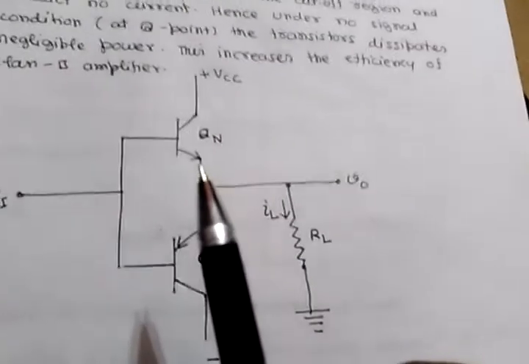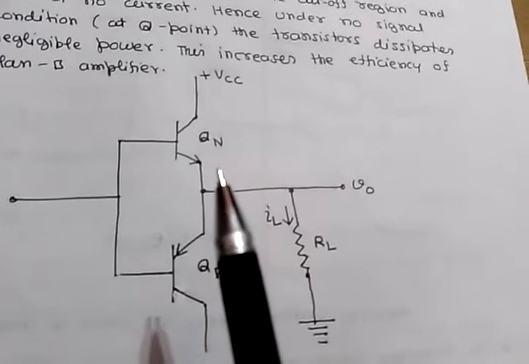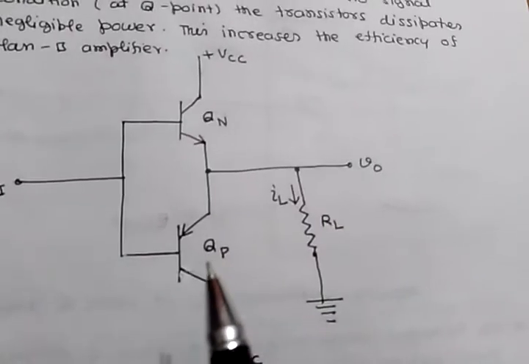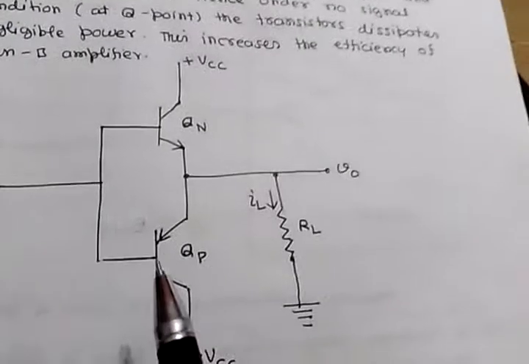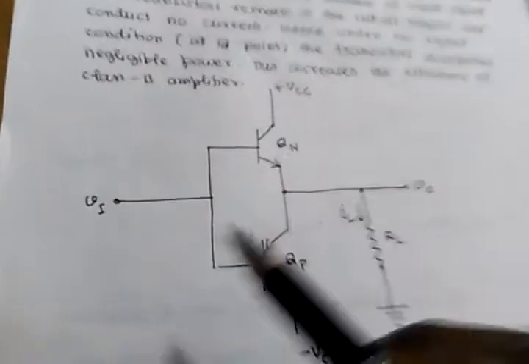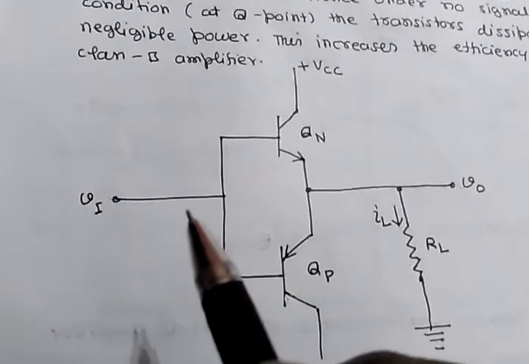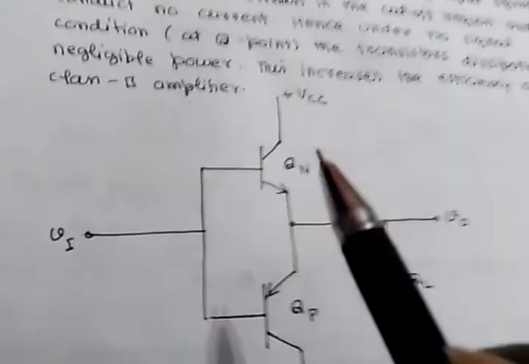In push-pull arrangement, one transistor conducts for positive half cycle of the input signal and another transistor conducts for negative half cycle of the input signal. Consider the situation when input signal Vi is 0. In this case,